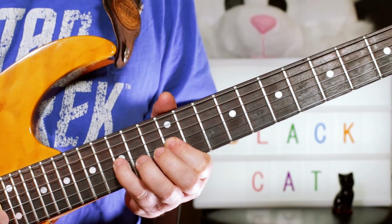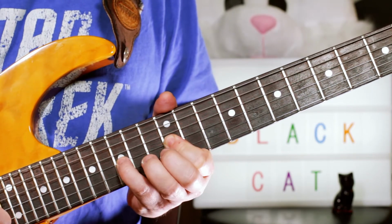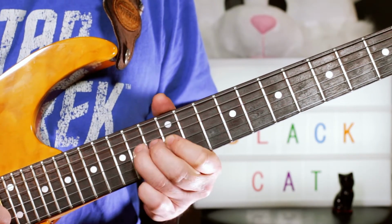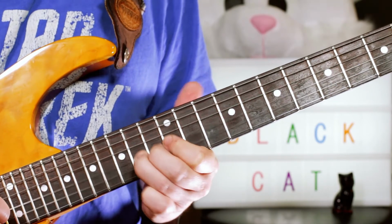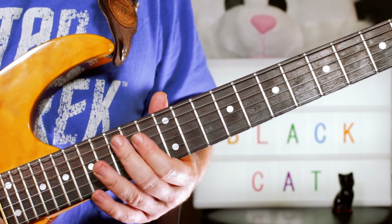And then I'm 3 hammers from G to B flat. So 12 to 15, then 12 again, and hammer to an A this time. And lots of vibrato on the A. Okay, then we've got